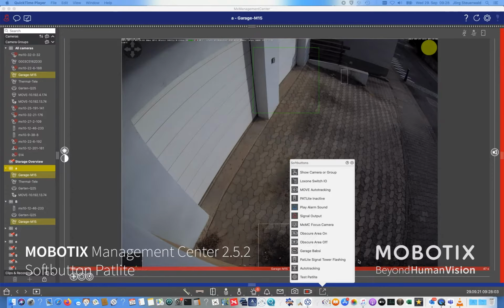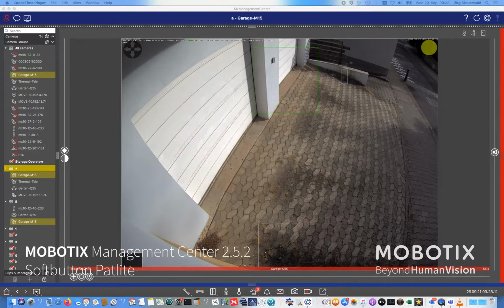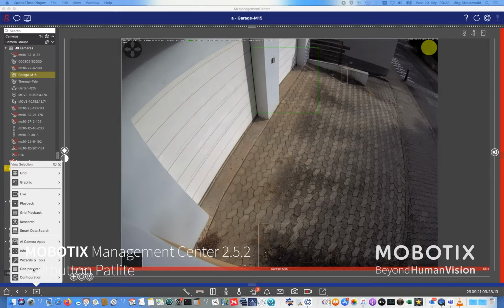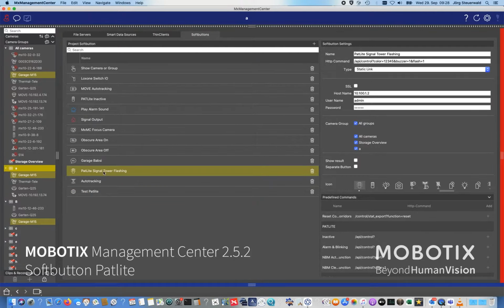As you have seen here, you can send a command to that Patlite signal tower. In the component view of the Management Center, under the tab Soft Buttons, you can see first the predefined one that I have configured before. In the settings of that soft button I choose the name, and I add the command to define the